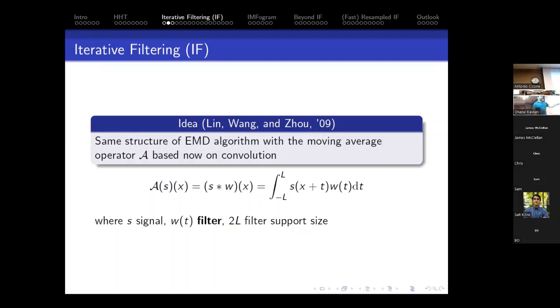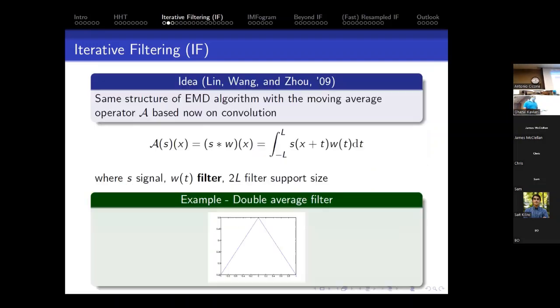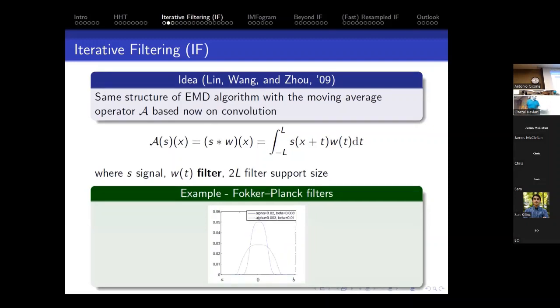How to get it is the filter, the W, the weighting function. You choose it in a way that it is going to be compactly supported, like this function here or these functions here. So it's going to be 0 outside an interval, and then it's going to give a lot of importance to points at the center. Okay, if you do that, you're going to compute the local average. But the nice part is that this formula can also be viewed as a convolution of the signal with the filter, which is the weighting function. And this makes it a lot easier to do a mathematical analysis of the algorithm.